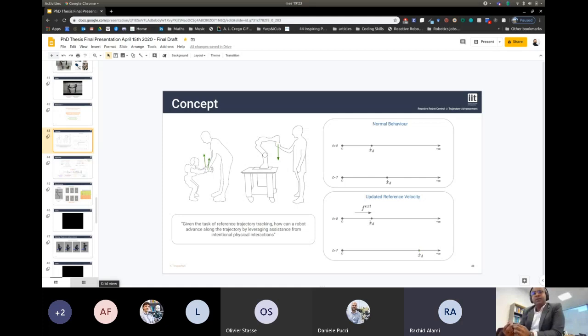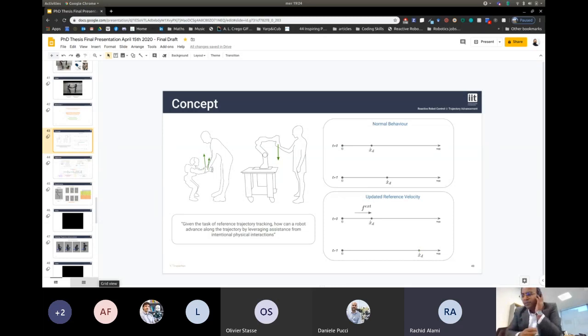Exactly. So this is essentially the point that I wanted to make to you. I like it, and I find it very interesting, and I will think about it and discuss it. But I think it has to be mitigated with other aspects linked to why the human is acting this way or that way. Definitely. Essentially. But another aspect that could be taken into account is that the robot could also